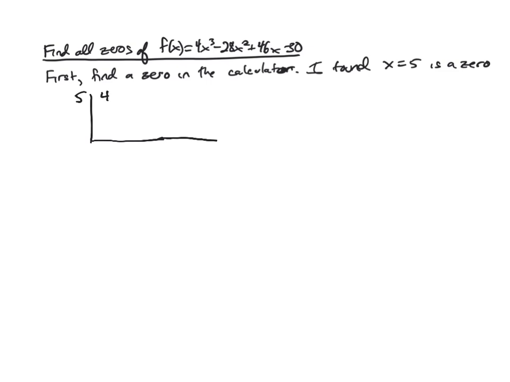And my coefficients that go along the top row for my synthetic division are 4, negative 28, 46, and negative 30. So first I'll drop down the 4 and multiply 5 by 4 to get 20. Add negative 28 and 20 and get negative 8. Multiply 5 and negative 8 to get negative 40. And then add 46 and negative 40 to get 6. And last, multiply 5 and 6 to get 30. And these will add up to 0, which is what needs to happen when we have a zero that we're